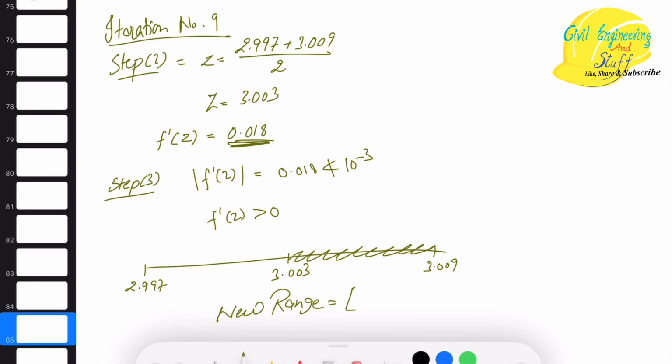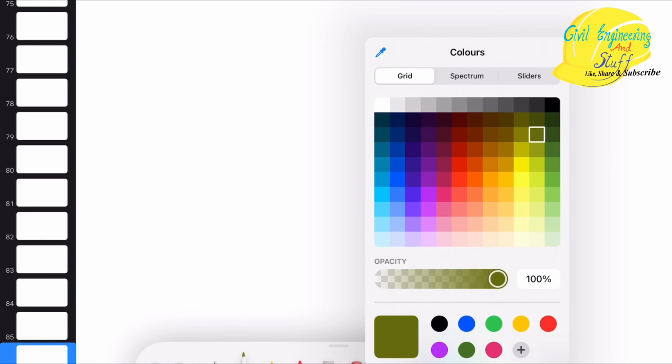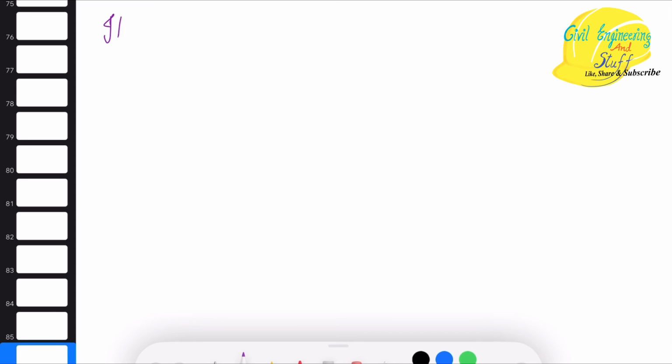will be equal to 2.997 comma 3.003. This is our new range, right? Since it is still not less than 0, we are again going to repeat the iteration, and let's take another color. We are out of colors also, right? So let's do iteration number 10. Okay, let's go to step 2, and in this step 2, z is equal to